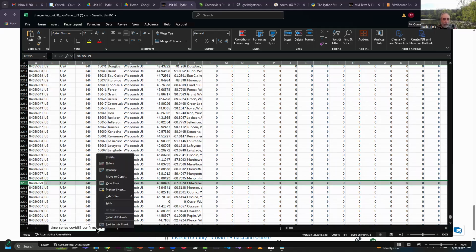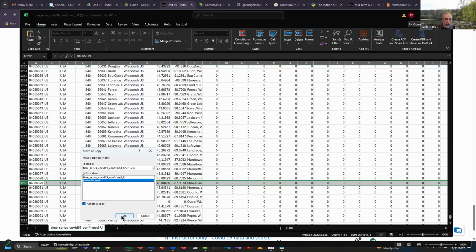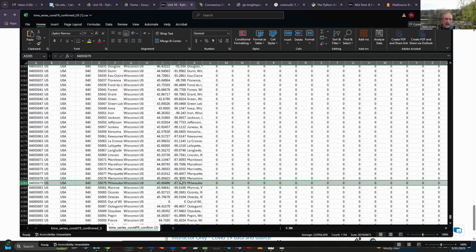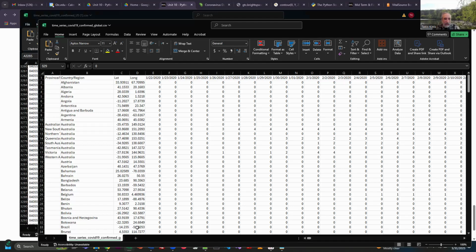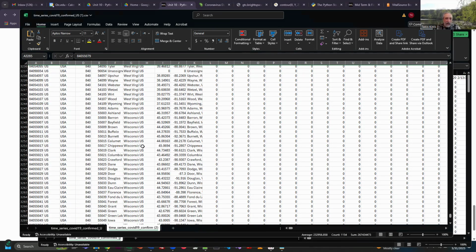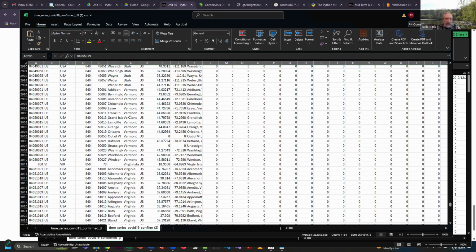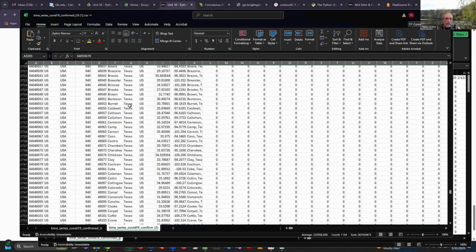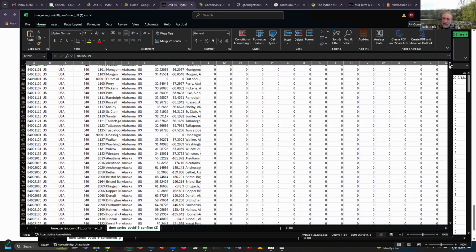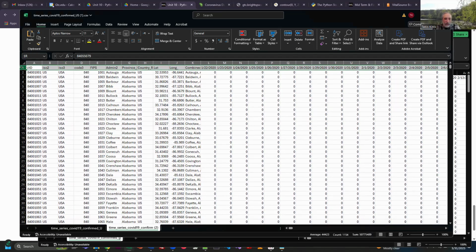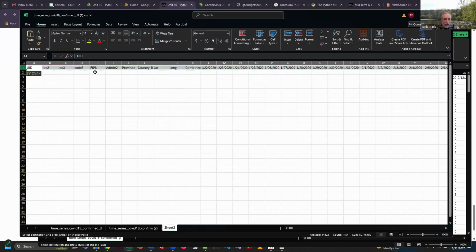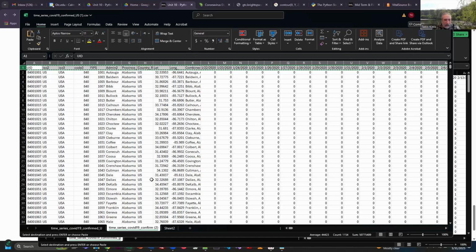Well, I got the row highlighted. So maybe one way to do it is, how about I make a copy of the spreadsheet? And I'm looking at the raw version of the data here. And actually, maybe that was not the smart way to do it. Let's not do it like that. Okay, so let's go up here. And maybe I need to look at, it's hard to scroll that many lines. Right? But this first field is probably pretty handy. So I might create a new spreadsheet and paste in that row. So I have all the dates and all the headers. And then I can come back to my